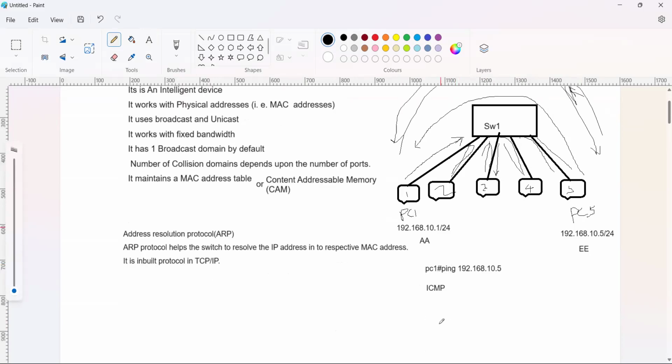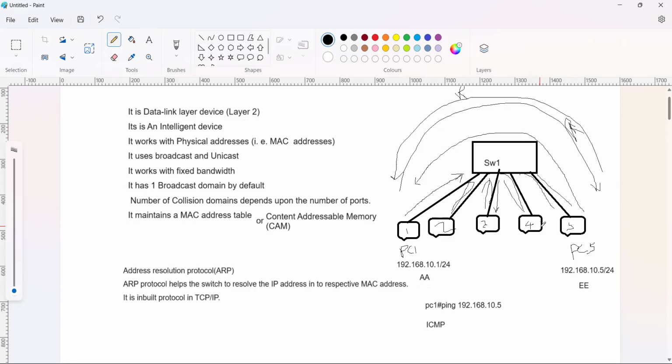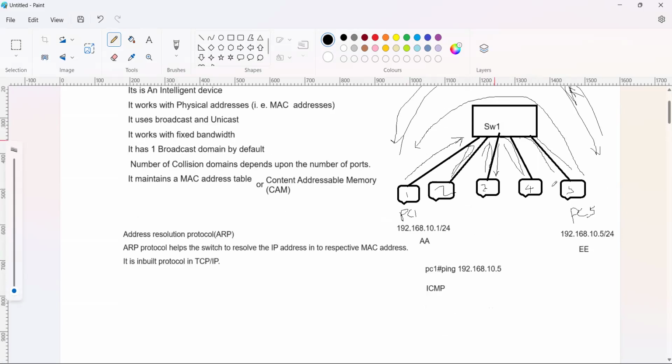Now we'll discuss the packet flow, each step-by-step process. Because we should know what the switch is doing. If we don't know what happens behind the switch, we cannot understand the future topics. So first of all, with the help of ping, we'll find out the packet flow of PC1 to PC2. Whenever PC1 originates one traffic or tries to ping, here the destination